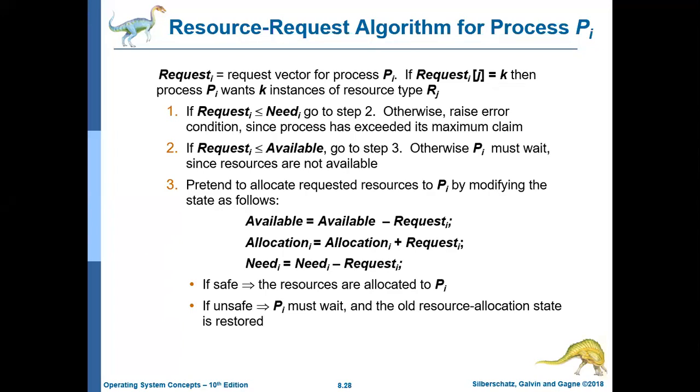Then second algorithm was resource request algorithm, where we are checking that if any process is placing any request for a new resource, can we allocate that resource to the process or not? What we were doing here, actually we were pretending that after allocating that resource to the process, do we have the new state as a safe state? If the new state will be the safe state, then we will actually allocate that resource to the process.